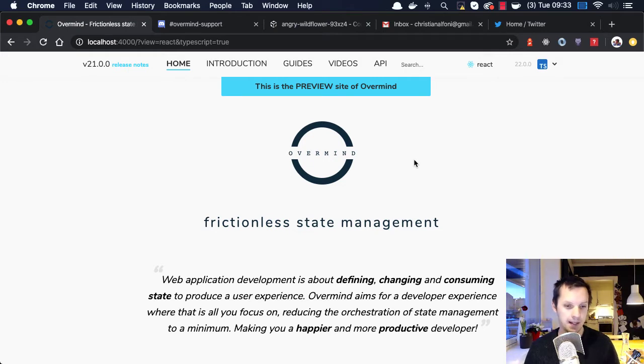But what it means is that we can actually combine this state tree with using classes or class instances as values. And this is actually a quite powerful concept because the problem with an immutable